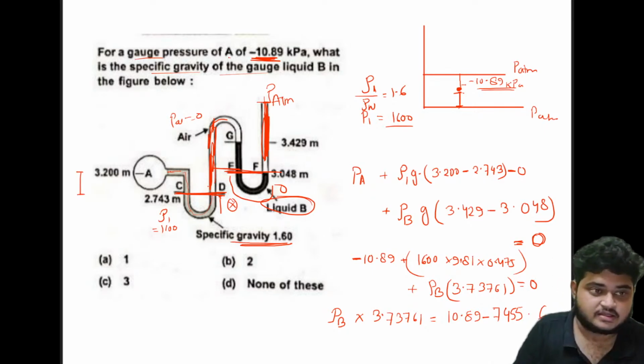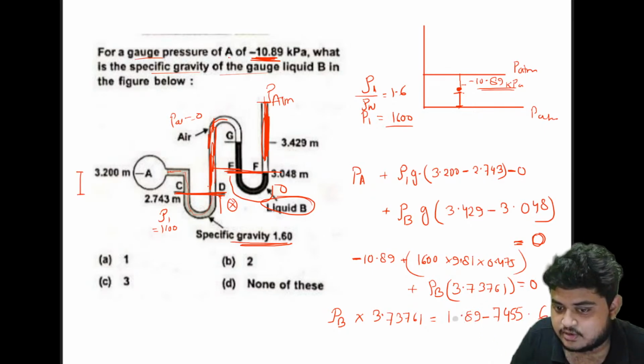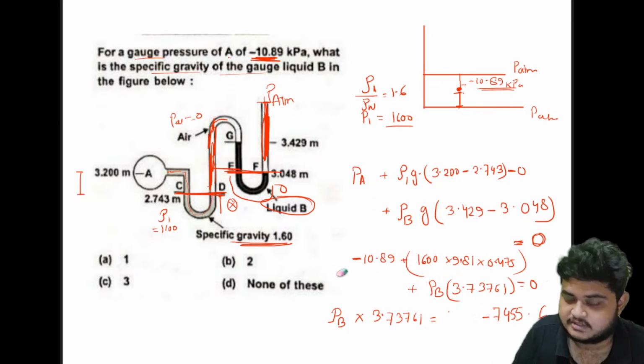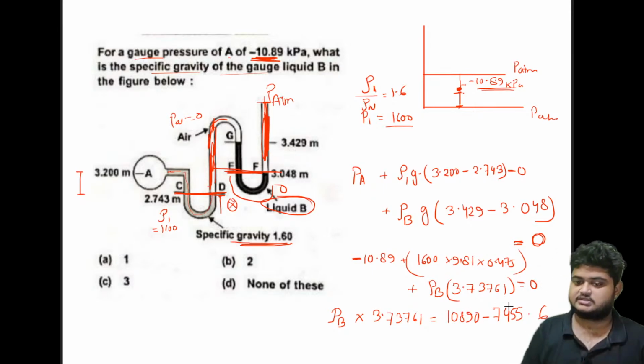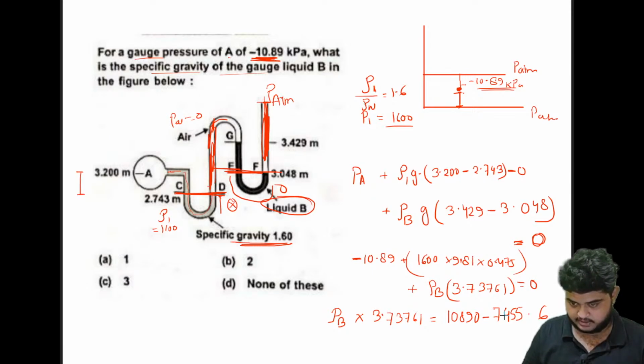ओ यस, अब सिली मिस्टेक हो गया मेरे से, ये किलो पास्कल में दिया हुआ है, तो जब इसको मैं पास्कल में कन्वर्ट कर दूंगा ना तो ये आ जाएगा 10,890, हाँ दिस इज नाउ राइट, ये पास्कल में कन्वर्ट करना होगा, ठीक है। इसको अगर हम ये कर देंगे तो ये आएगा फिर 10,890 माइनस 7,455.6,